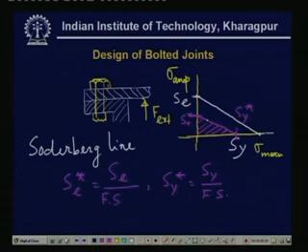For bolted joints, normally the factor of safety is from 1.5 to 2. So once we choose the factor of safety, remember this is a reliability factor. In order to make the joint reliable, we select the factor of safety and we find out Se star and Sy star. Then the design criterion is that